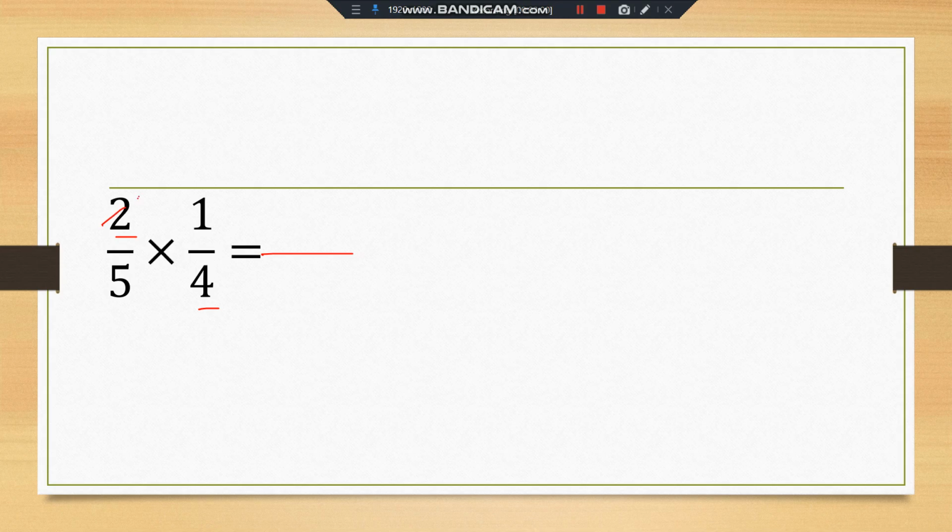2 divided by 2, that's 1. And 4 divided by 2, that is 2. So again, let's go back to the rule. Multiply the numerators. 1 times 1, that's 1. 5 times 2, that is 10. Final answer? Yes, final answer. Okay, so here we reduce the numbers that can be reduced. Okay, only numerator and the denominator. Okay, so